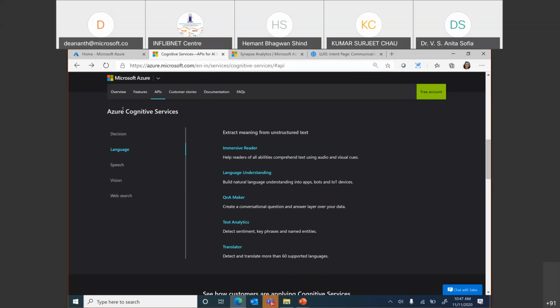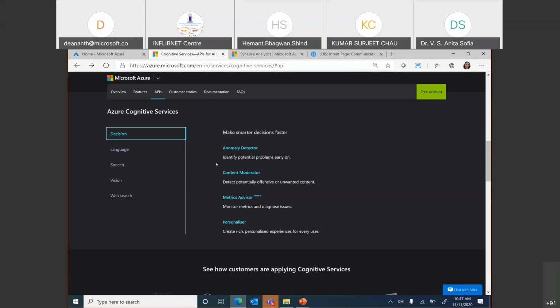We've seen, you could explore the rest of it. There are things to say. What is an anomaly detector? What is normally there? Content moderator, to say whether there is any adult content, any racism content. So if you have a public facing website, you could normally use a content moderator to do the first level to say whether this is age appropriate for somebody to use something like this.